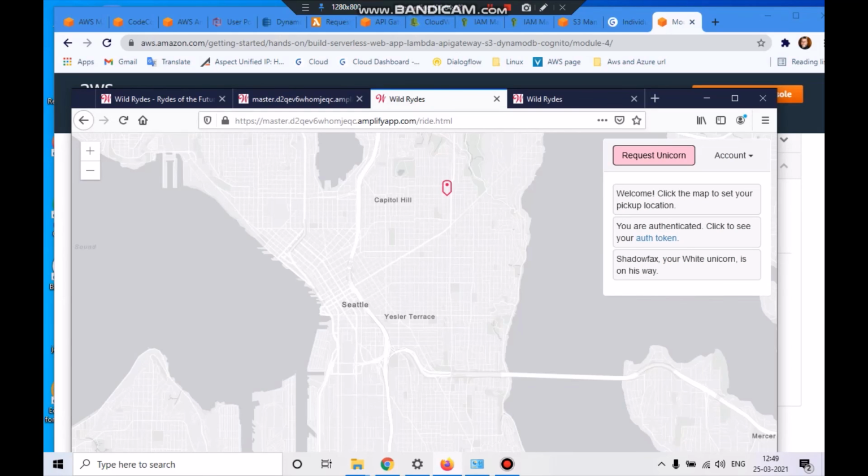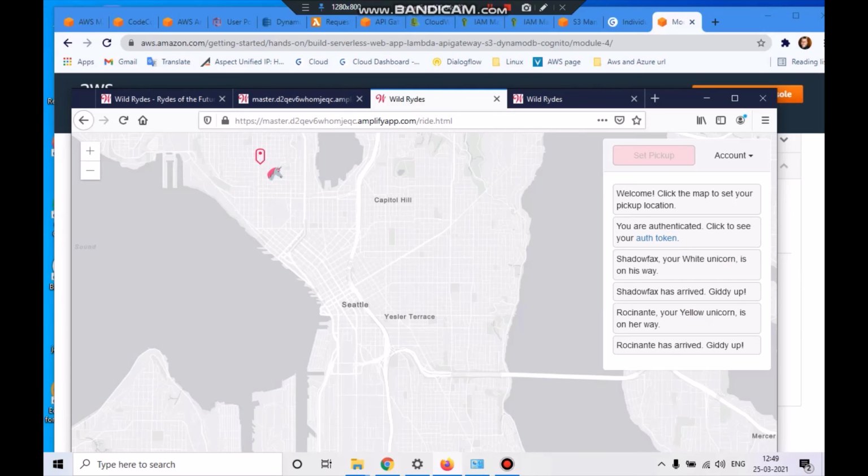Yes, I got the response. These are the names in the JS that we updated. It's driver information, whatever we gave, it's pulling the information. So this is my project.